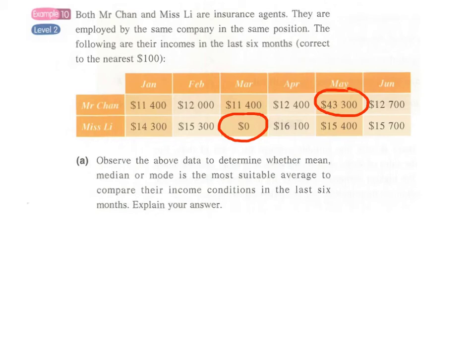But you may ask, why not use the mode, the number with the highest frequency? We can find the mode here, for example $11400 for Mr. Chen. However, for Ms. Lee, we cannot find any mode here. She doesn't have a monthly salary that appears twice. So the mode does not work, because you can't find any mode for Ms. Lee. And now we simply rearrange the salaries of Mr. Chen and Ms. Lee